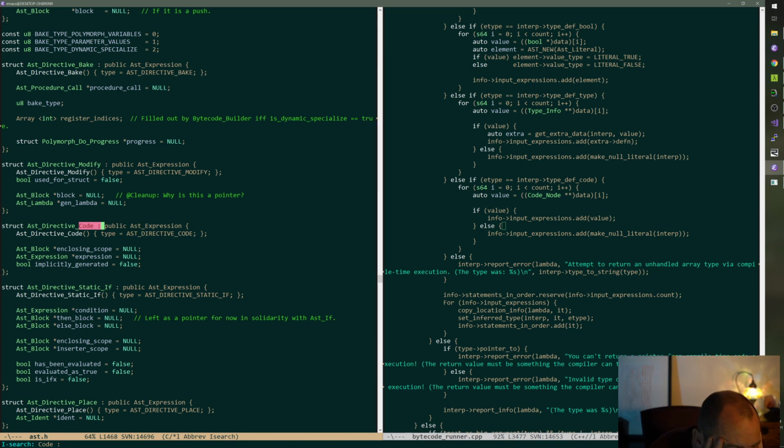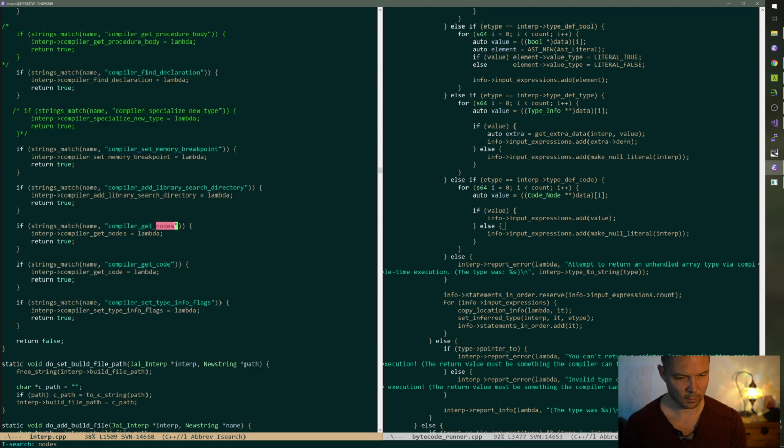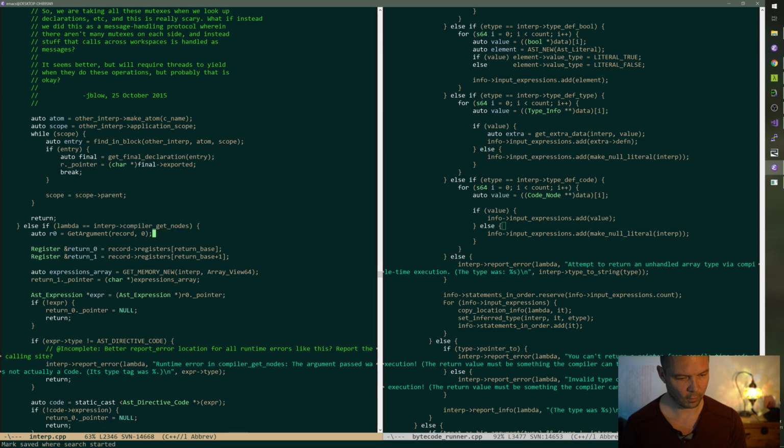Okay, wait. I don't think we can really go back the other way trivially. We need to get nodes. This is where it gets a little scary. Compiler, get nodes.